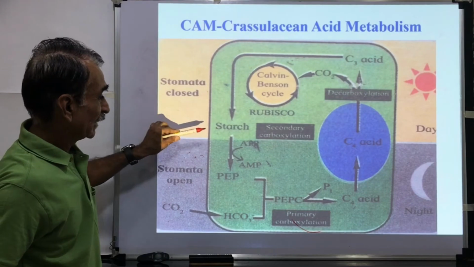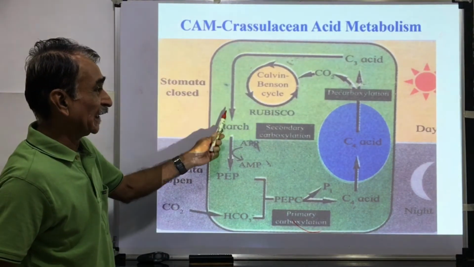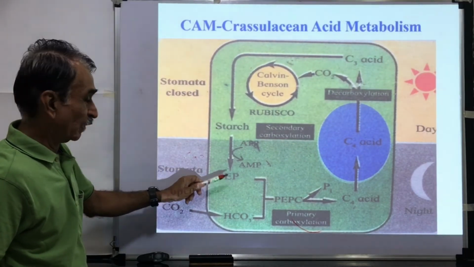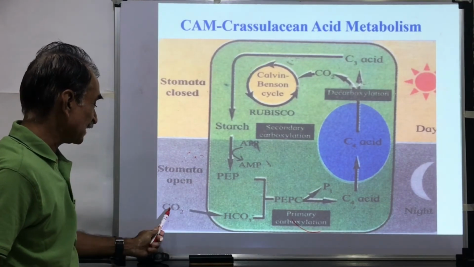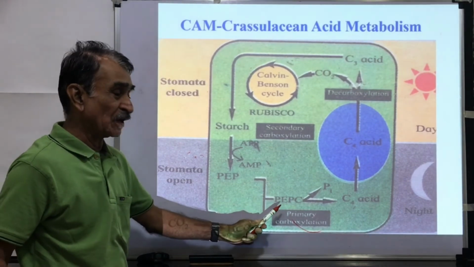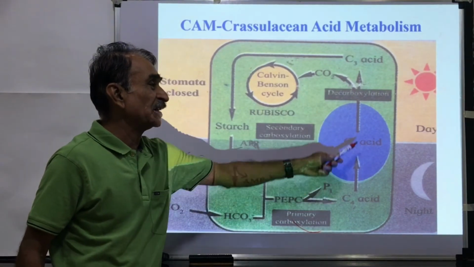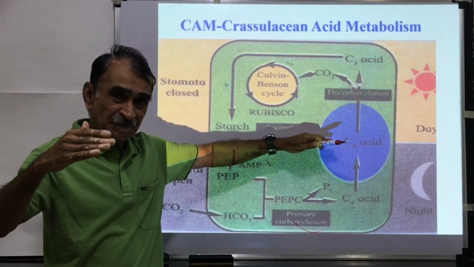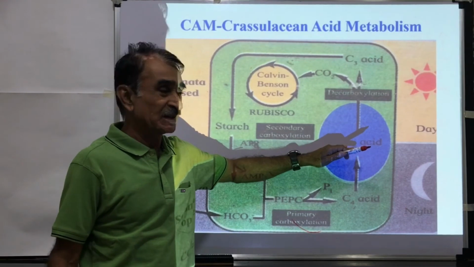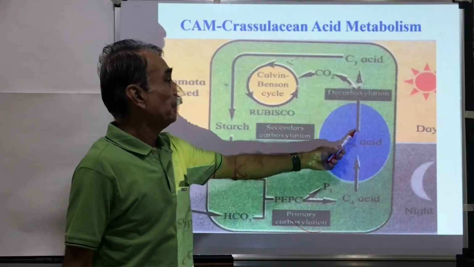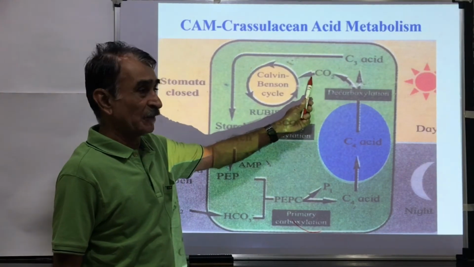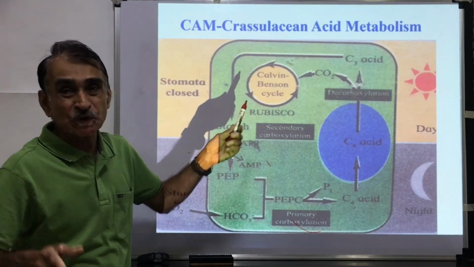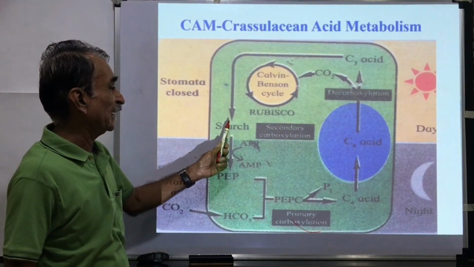You can see here clearly starch is produced during the daytime in the Calvin cycle. In the night hours, starch is hydrolyzed to phosphoenol pyruvate or PEP. This PEP accepts the CO2 during the night hours. There is formation of OAA and malic acid. This malic acid is stored in the vacuoles. At the end of night, higher amount of malic acid is present. Then during the daytime, malic acid is decarboxylated, CO2 is removed. This CO2 is fixed in the Calvin cycle by Rubisco enzyme, in which different sugars are produced. These sugars are stored in the form of a starch.